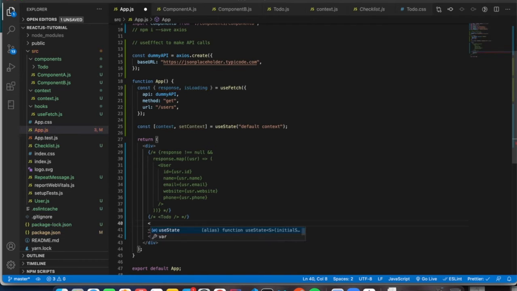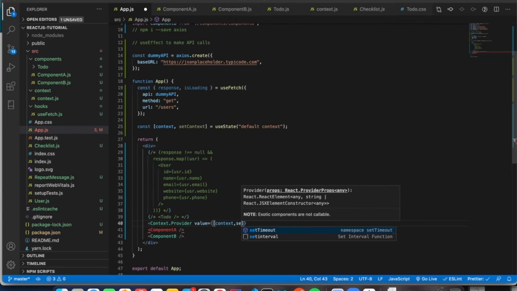Now we have imported the context, right? So we have to say context.provider, which is equal to a value of what is returned from the useState, context and setContext.